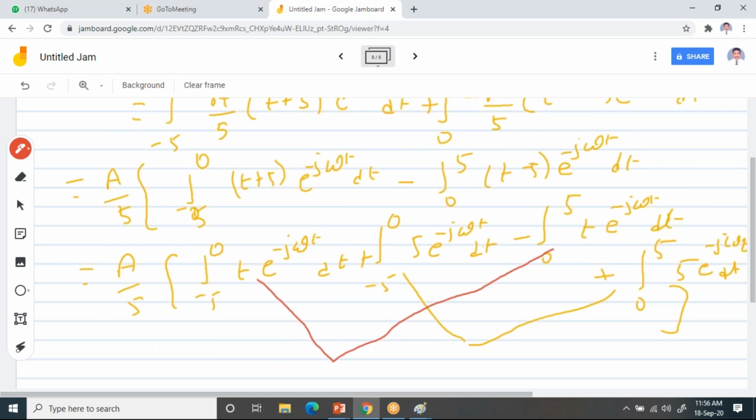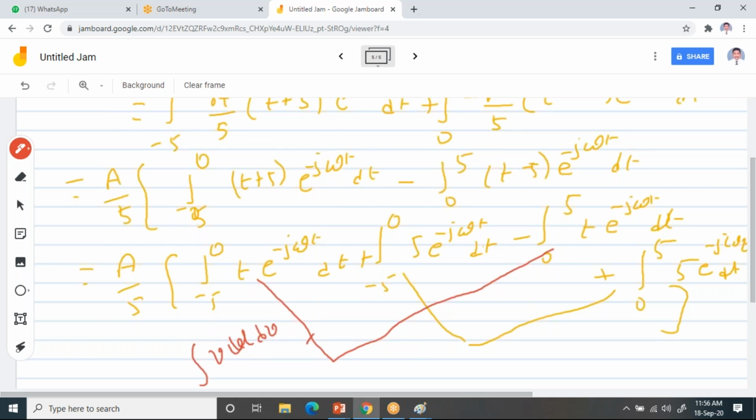Since it is multiplied, the integration is multiplied with t into e power minus jt, and you are doing integration also with respect to t. So you should not treat this as constant. Then you need to apply the formula, integral uv rule, and you need to solve this. So I think you know how you need to do this integral uv formula, and you should be very careful while solving this first and third integrals.